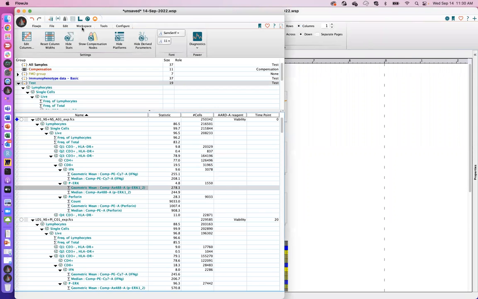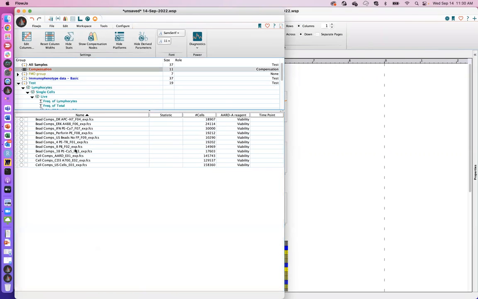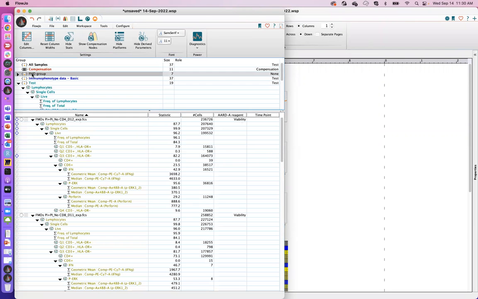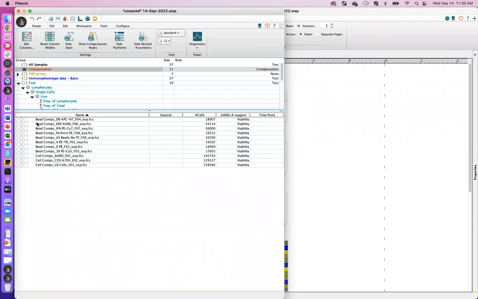All right, so we're almost done. And the last thing that I wanted to talk to you guys about was compensation. We talked about it in the beginning in terms of what was good, what was bad. But I just wanted to draw your attention to the fact that you can run compensation in FlowJo if you want. So, you can acquire your single stain controls on the machine, and then later you can run your